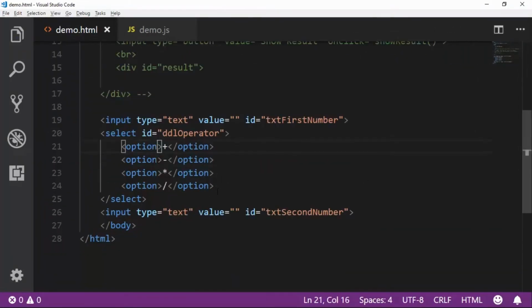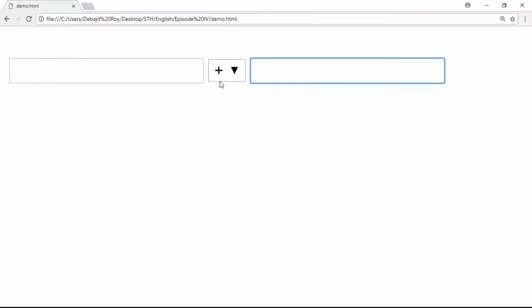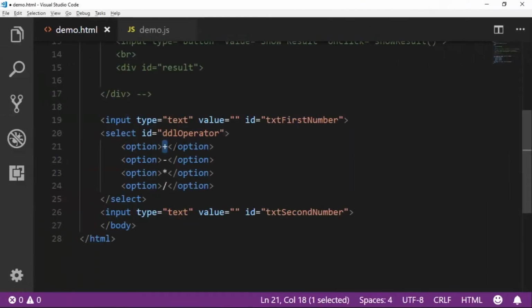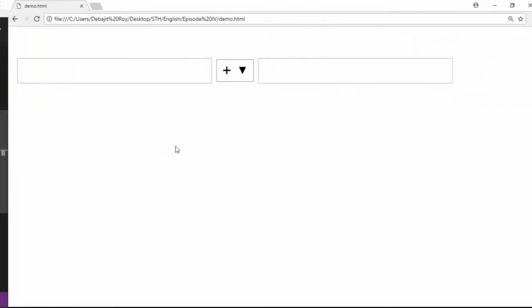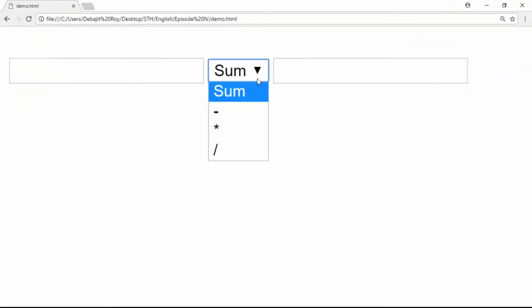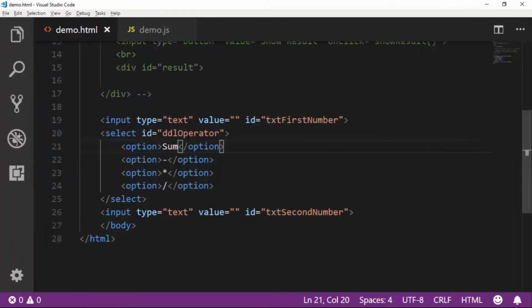This is the way to add a drop down. Okay, so this plus, this is actually the text, this is only text. If you change it to say sum, it will change it to sum, right? And so let's do plus, and